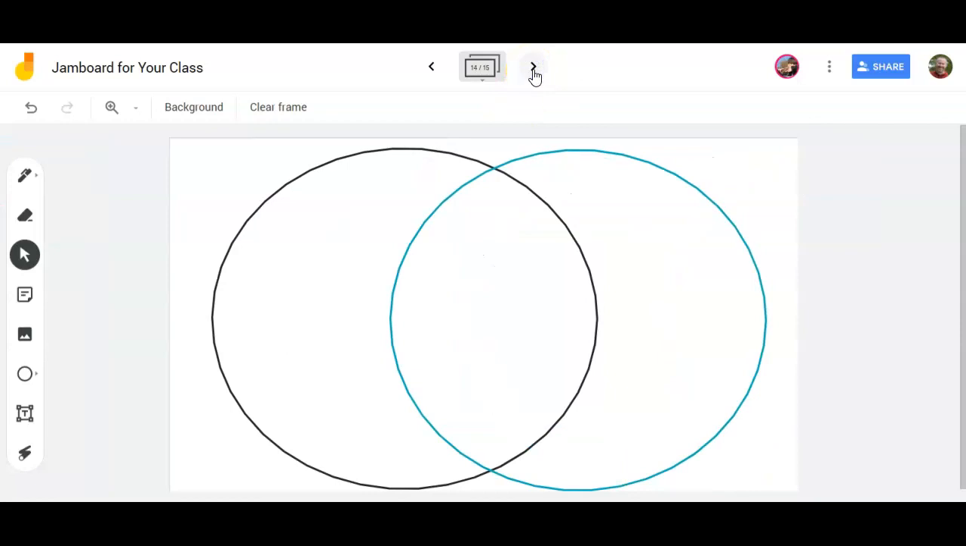You can do even simple things like this Venn diagram, where students can put in similarities and differences. But the nice thing is you can have 30 people working on this at one time, and no matter where they are, whether they're sitting in front of you or sitting at their home,